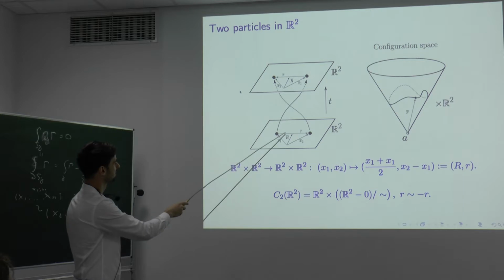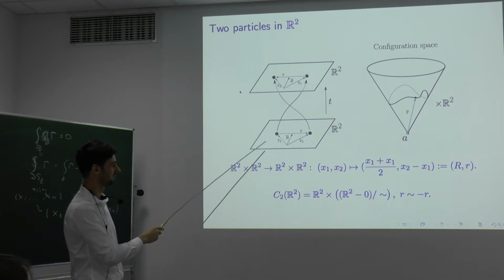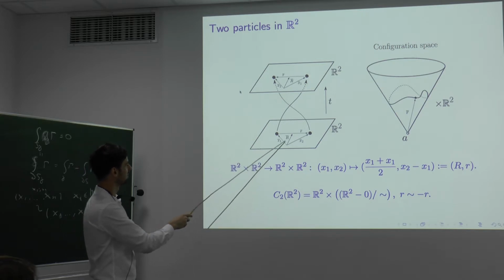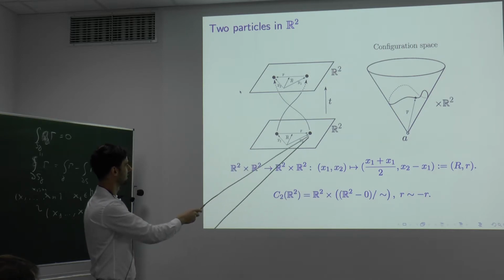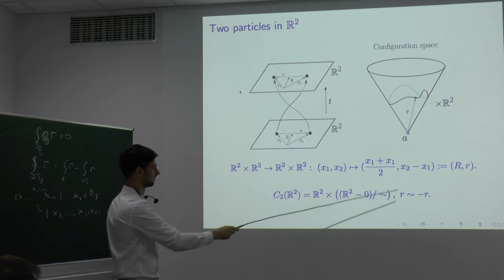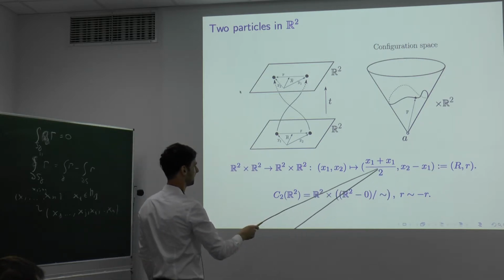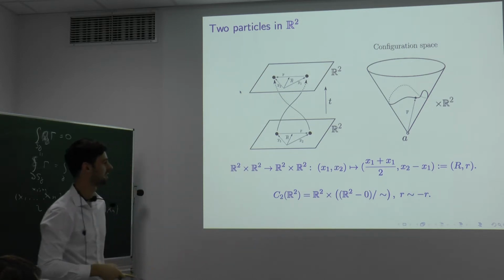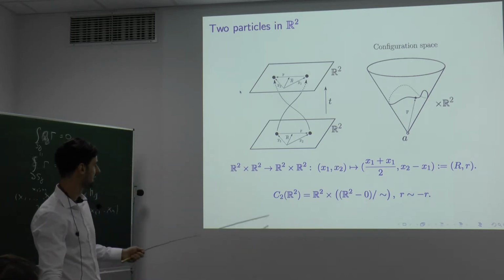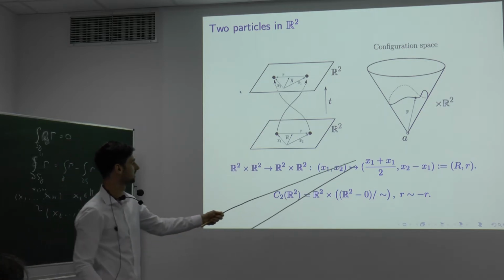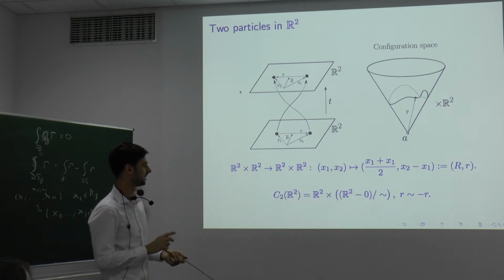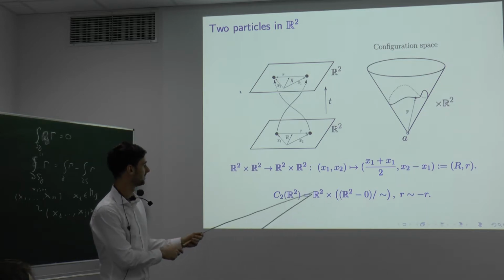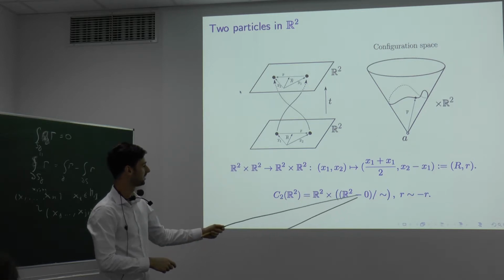This is not nice, but we can find some nice coordinates where the space can be expressed in a simpler way. So we take the center of mass, (x1 + x2)/2, and the relative position, x2 minus x1. Capital R is the center of mass, and small r is x2 minus x1, the relative position. Note that the center of mass is invariant under permutations of the two particles. So this coordinate factors out in this space, and what we are left with is the relative position minus 0,